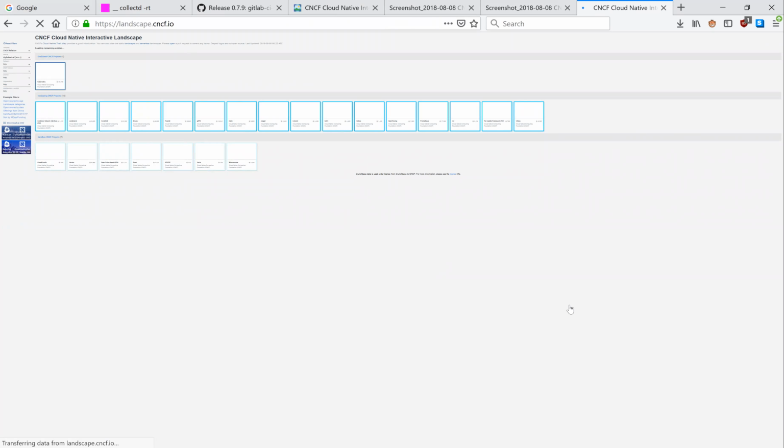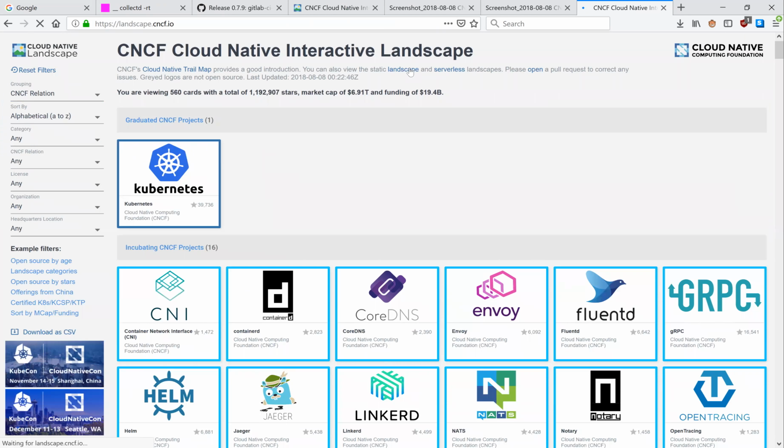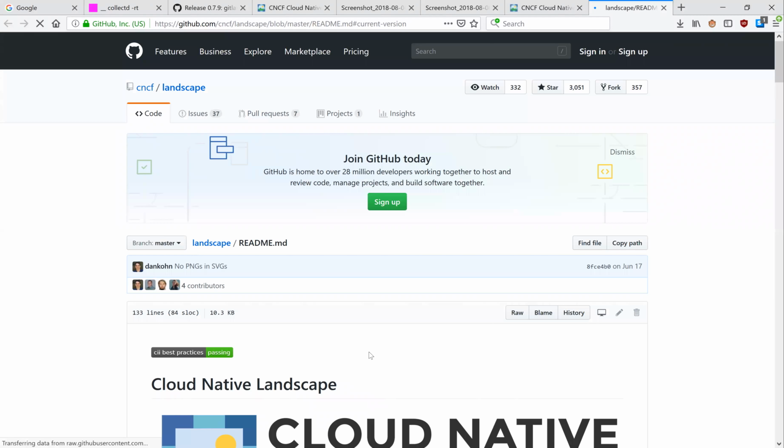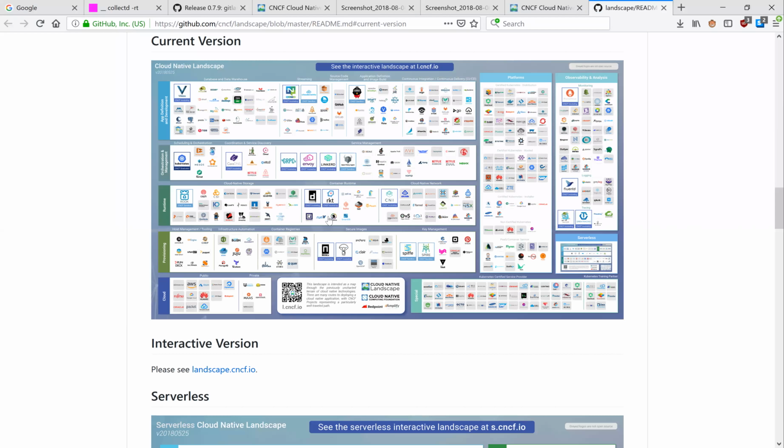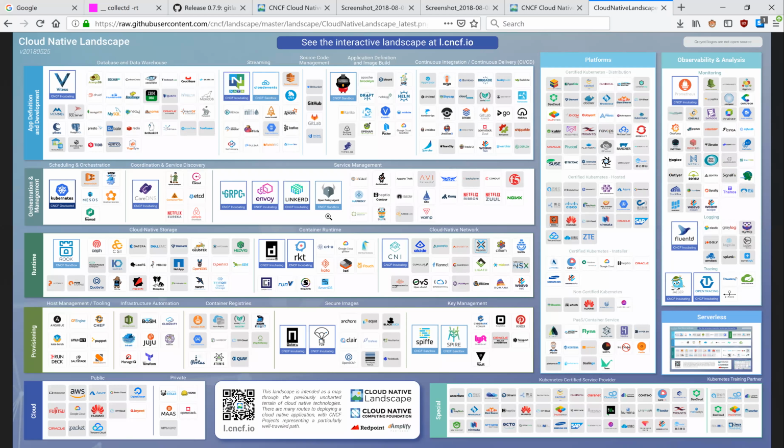Oh my gosh, this is a great time for my browser to go to a standstill. Here we go. Static landscape. Well, it's trying to load a lot of stuff. Yeah, it's that link. That's what the static is. You were going to say, Quentin? Okay, that's the one that says current version there. So